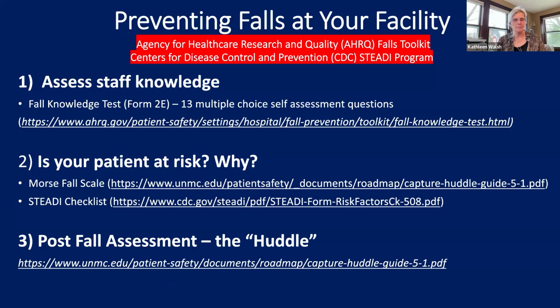The next is, if you think you have a patient that is at risk for falling, the two scales that we tend to use the most are the Morse Fall Scale and the STEADI Checklist. The Morse Fall Scale was established in 1989, and the STEADI Checklist was 2017. Both of these look at areas in the person's life that are risk for falls. Have they had a previous fall? Their medications. You go over multiple things that can identify their possible risk for fall.